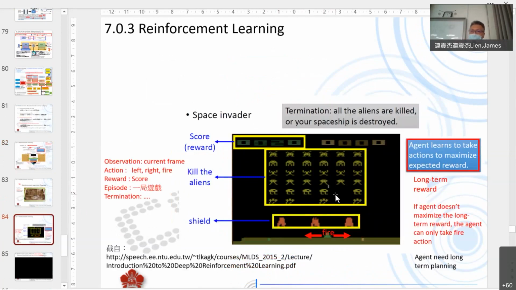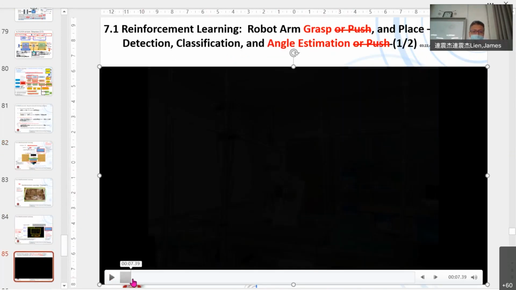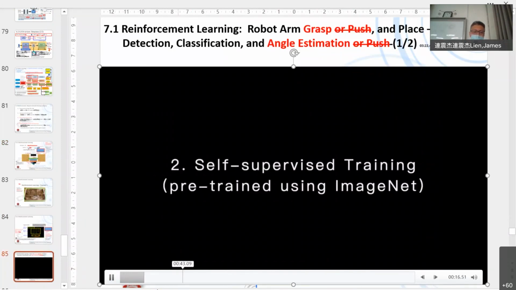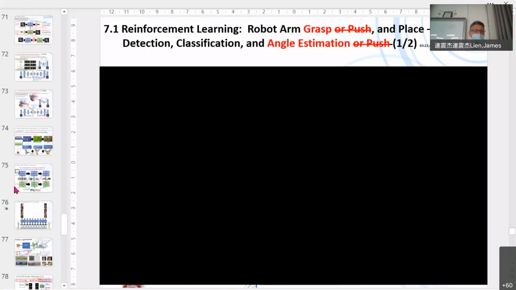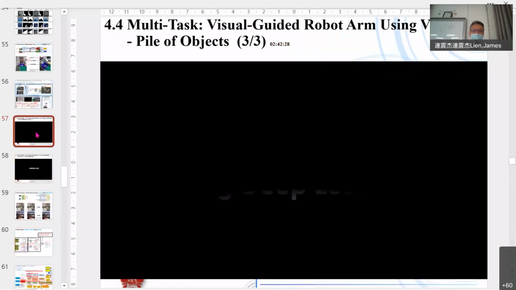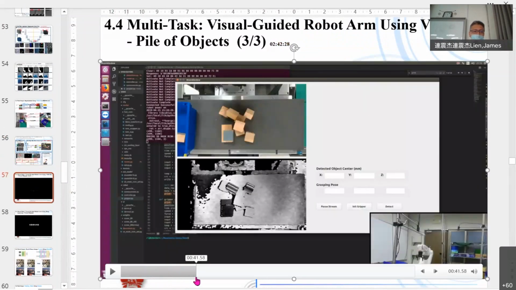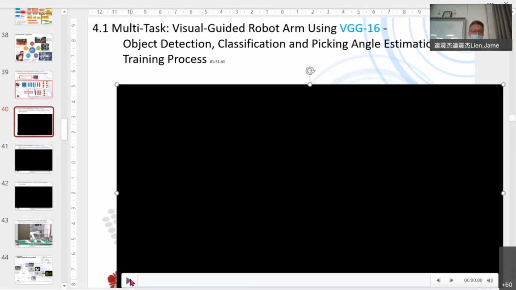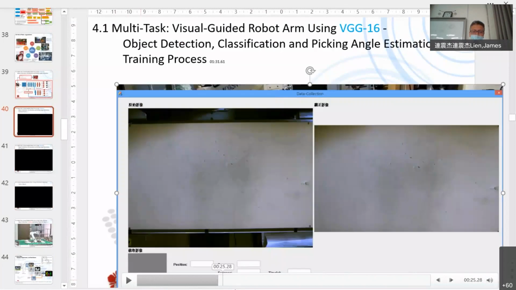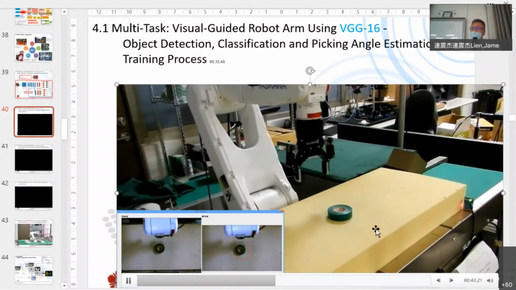But in one situation, each time you hit something, sorry, let me use a robot arm as the example. If the pick-up fails, the reward label will be 0.